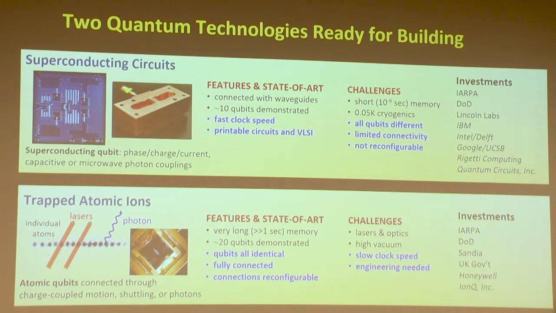The controllers in the microwave, they're not so bad. With the atoms, our qubits are great. The controllers are not so great because they're based on lasers, vacuum chambers, trapping potentials and so forth. So I'll talk a little bit about that. And the big investments in this technology are still rather academic, probably because this is just more exotic. I mean, Intel tells me they don't want to invest in lasers and vacuum chambers. Vacuum tubes. Could you imagine Intel doing vacuum tubes?